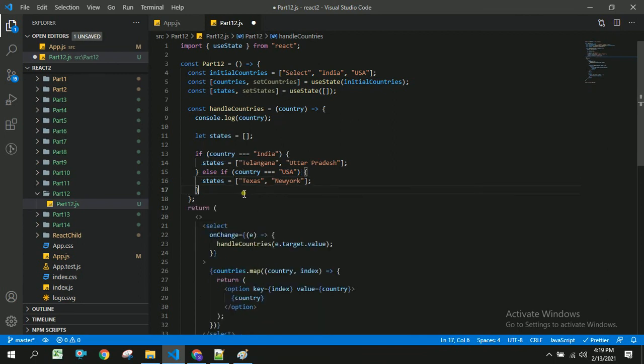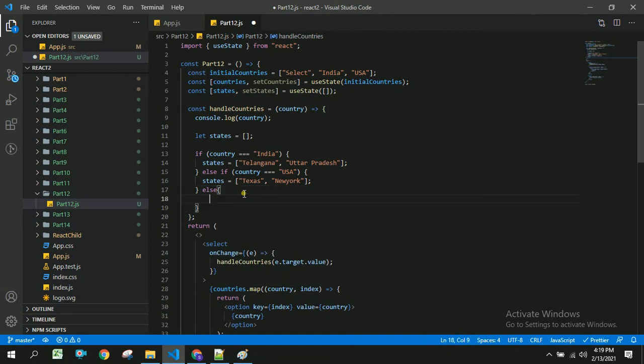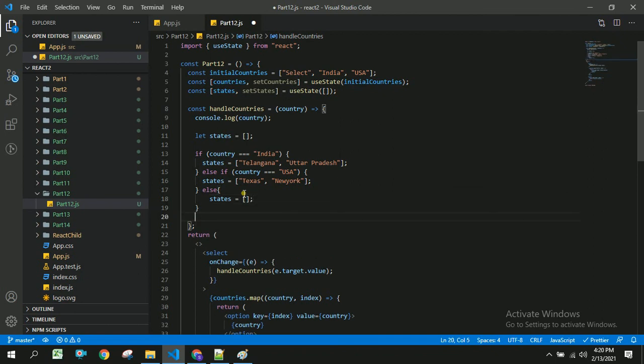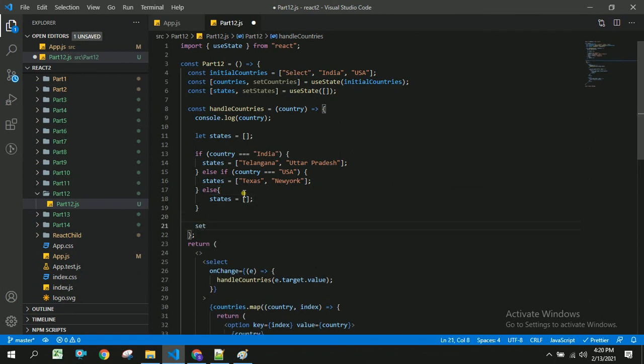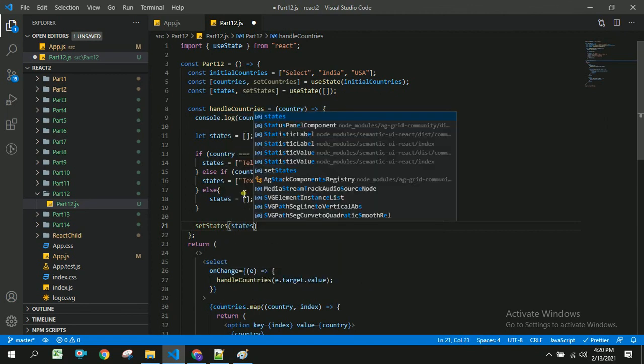And if it is none of the above, states equal to empty. Now I am going to set this state by using this local states value.